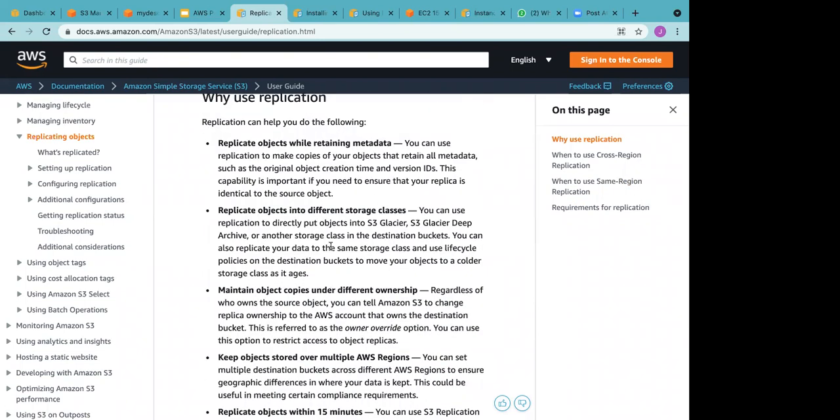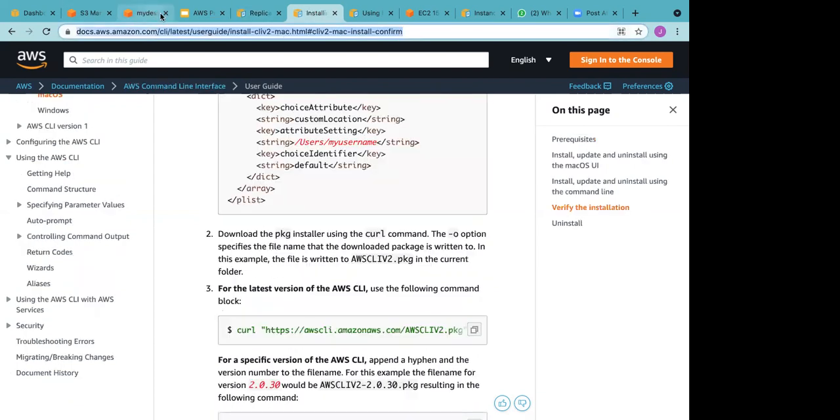So let's move to our second topic, which is installing AWS CLI. There are two versions of CLI, version 1 and version 2. I've done it with the latest version, which is version 2. This is the page which tells you how you need to do the installation. So whichever way is convenient to you, you can go ahead and perform the installation. What I did, I'll share with you guys.